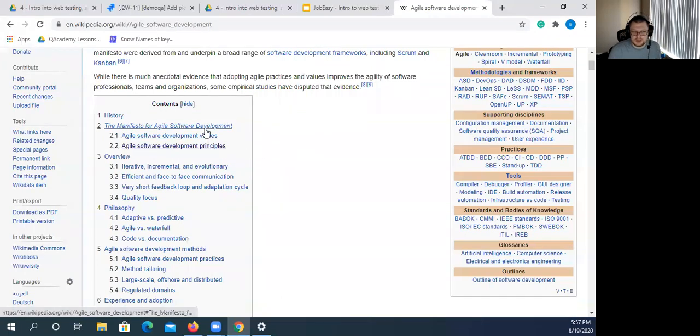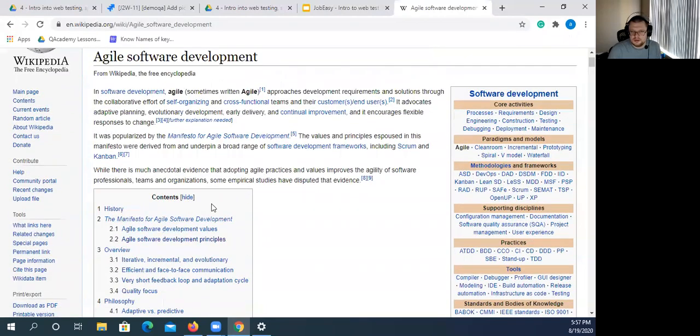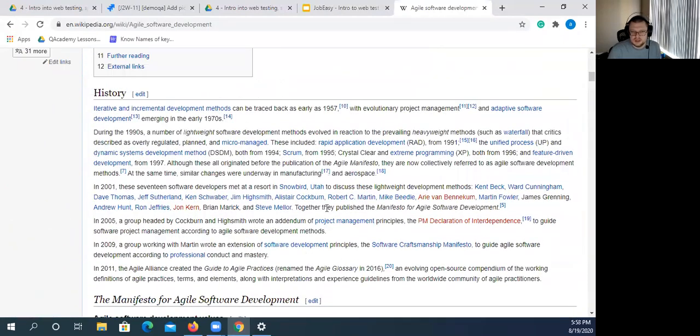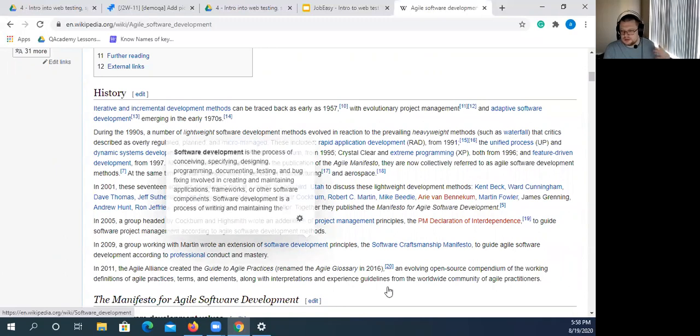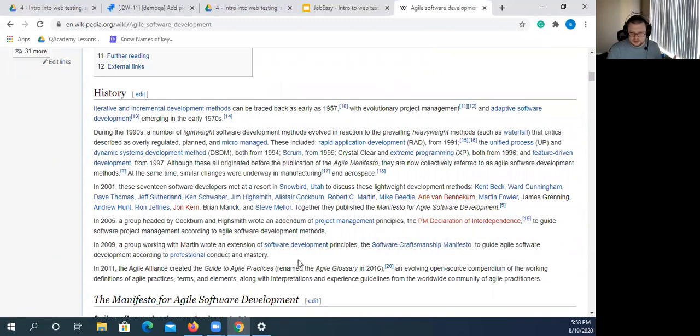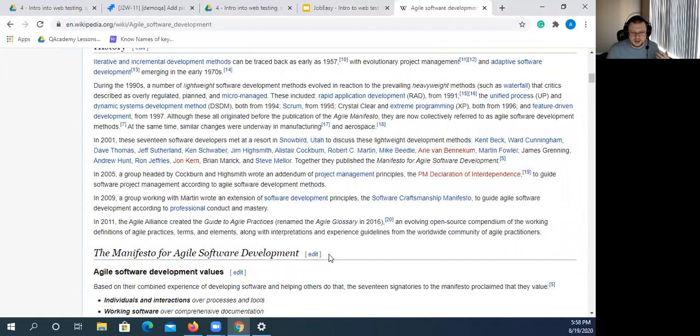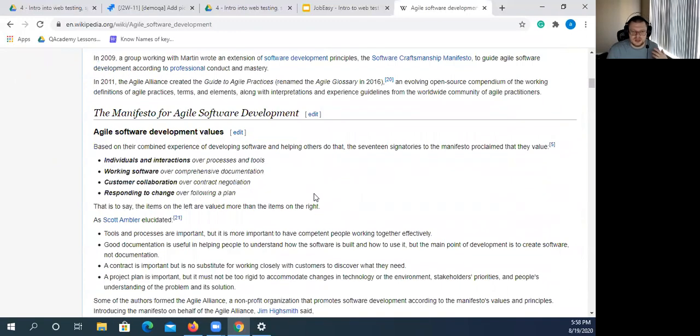Okay, so let's take a look at the manifesto. There was a team of people, several people, that were tired of this waterfall approach. They wanted to develop something better, and they came up with this Agile manifesto, right? Based on their combined experience of developing software and helping others to do that, the 17 signatories of the manifesto proclaimed that they value: